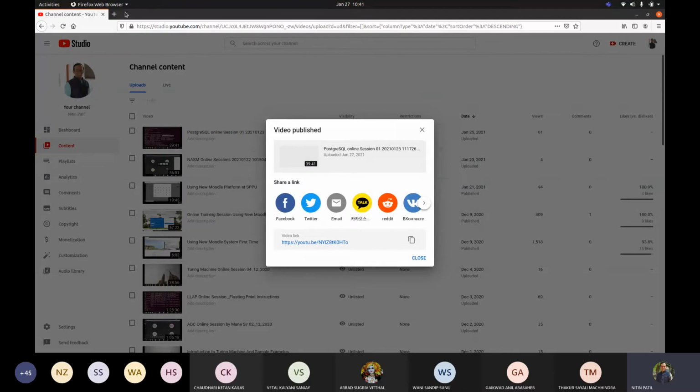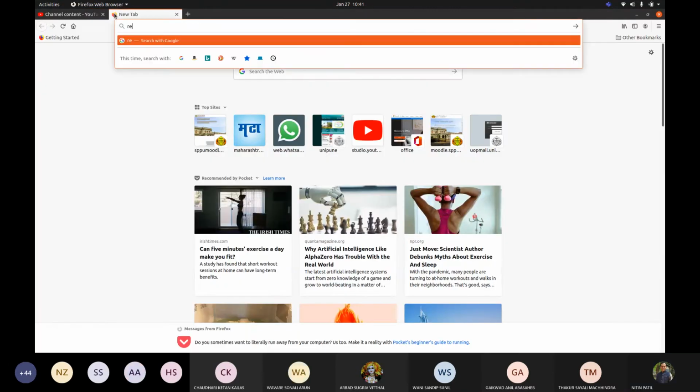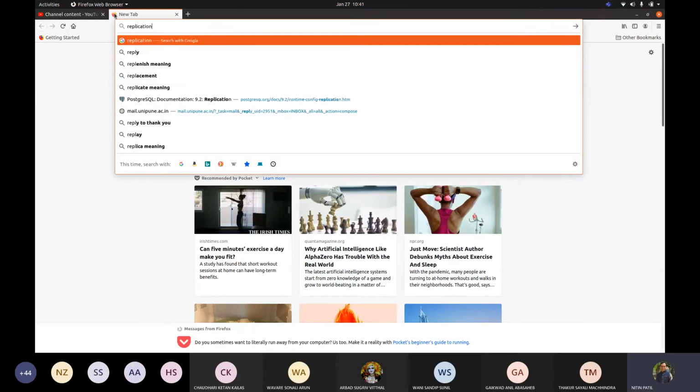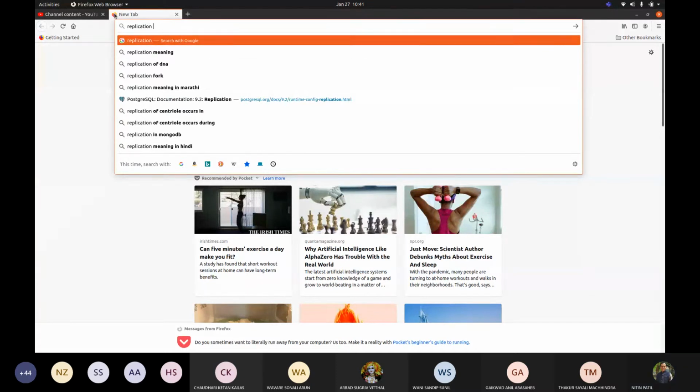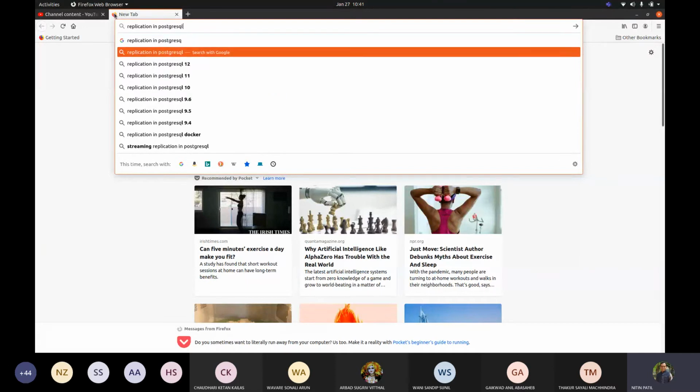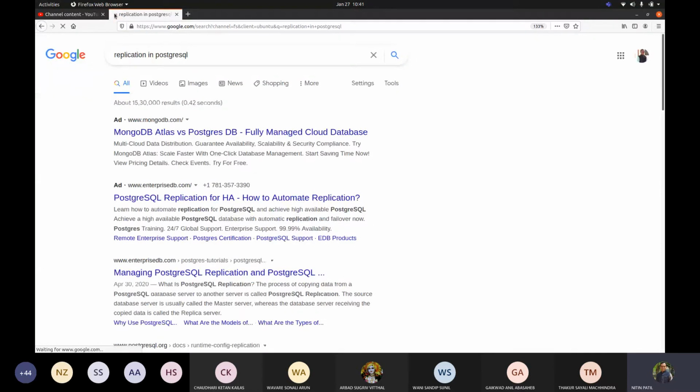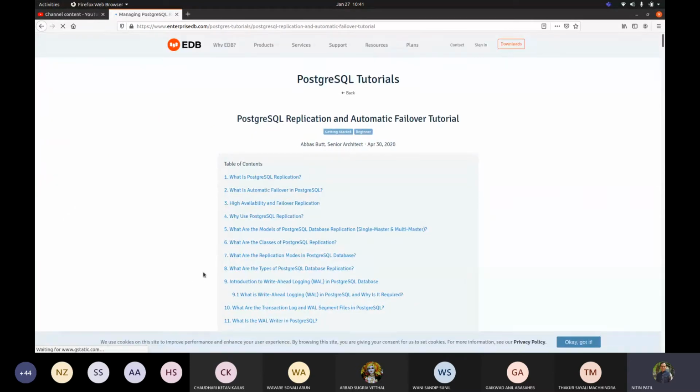If I write, say, replication in PostgreSQL, because this is one of the best database sites. What is PostgreSQL replication?